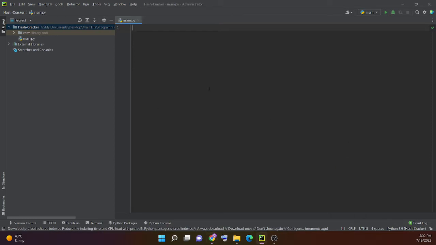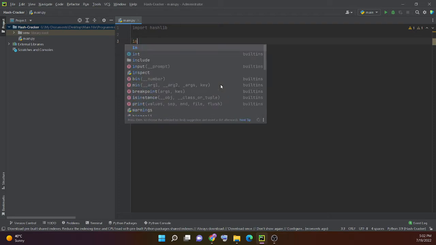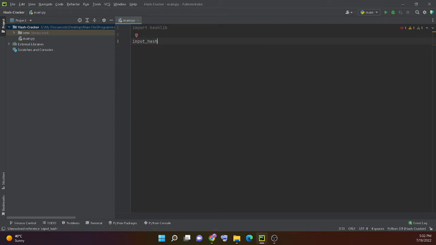So first what you want to do is import hashlib. Hashlib is basically a module for hashing or decrypting hashes. So we can say import hashlib there. Now we're going to say input_hash, and you can say to enter the hash password. So let's say enter the hash password. And once you do that,